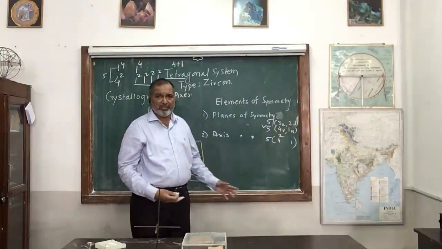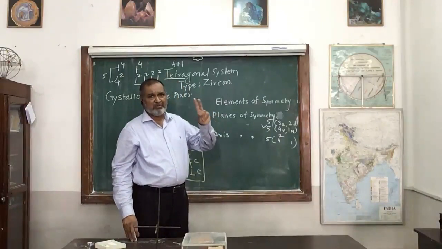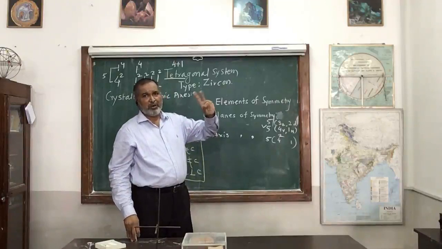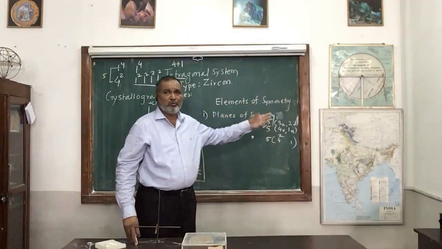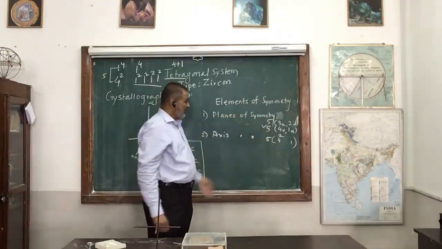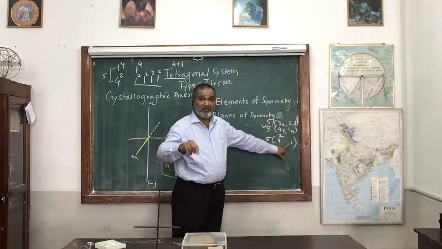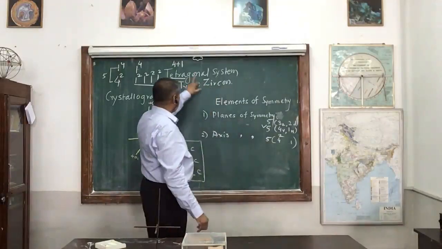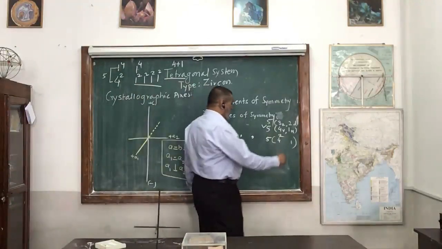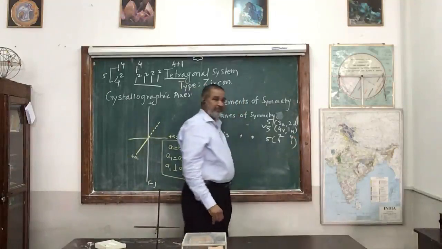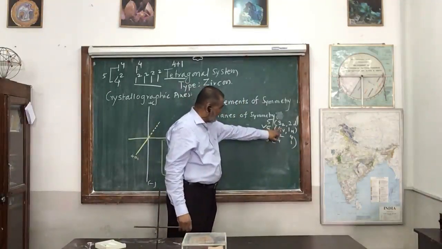Any doubt to remember this one? 4 of 2 fold. That is, the highest number will give the minimum. Minimum starting will be only 2 faces. So 1 of 2 fold, 1 of 2 fold, 1 of 2 fold, and 1 of 2 fold. So 4 of 2 fold. That is the highest axis number. Now the minimum axis gives the maximum fold. What is the maximum fold? The name itself, tetragonal. Tetra means 4. So here 1 of 4. So 4 of 2 fold, 1 of 4 fold, 4 vertical planes, 1 horizontal.